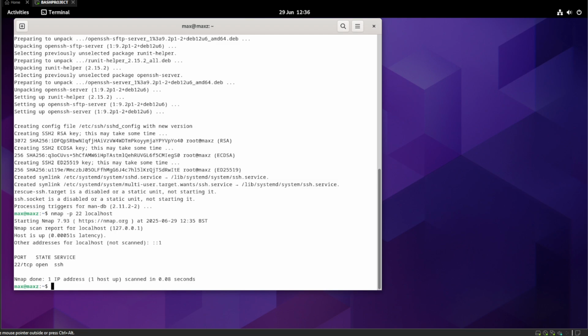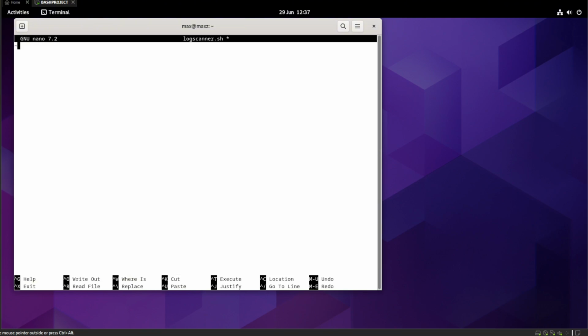So now let's create the script file. So let's make a new file, just call it log scanner, and then we'll give ourselves executable rights to it so that we can actually run it. And put an sh at the end. Alright, and then let's use Nano to open the text editor. We are then just going to begin with a shebang, as always,